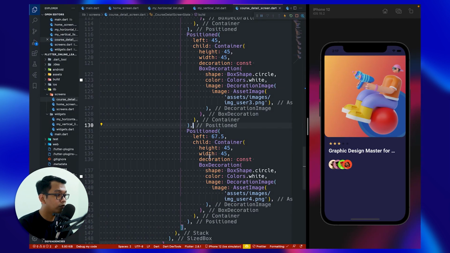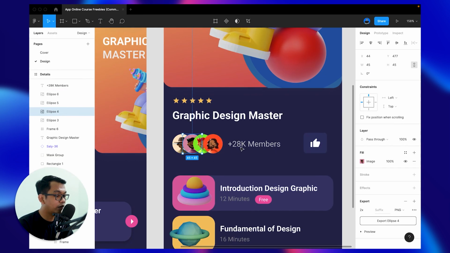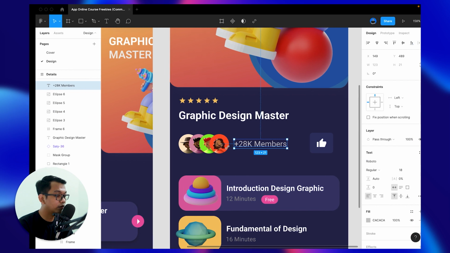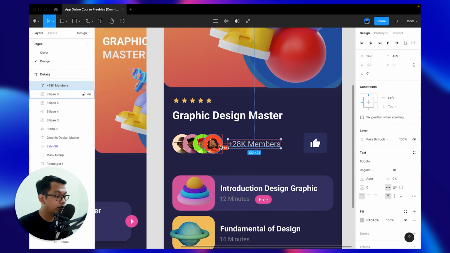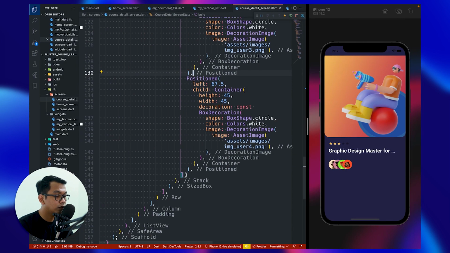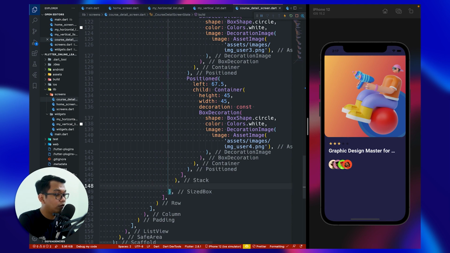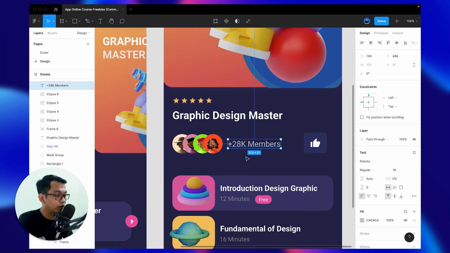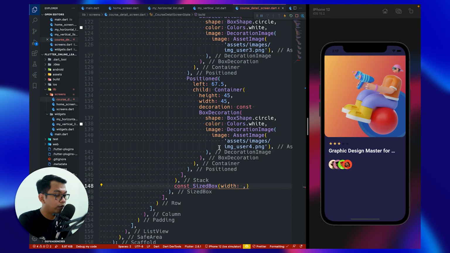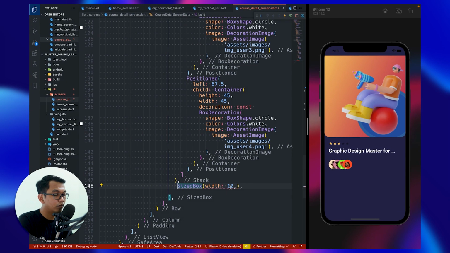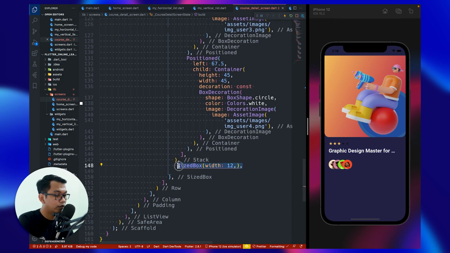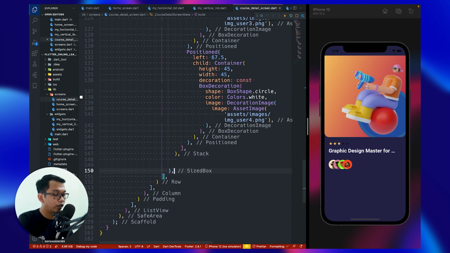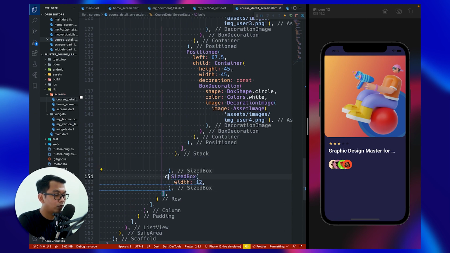And the next one is we can add text widget, but before that we have to add a blank space. So inside our size box, we say size box again. What we say 12. I think here, not inside, but inside row.